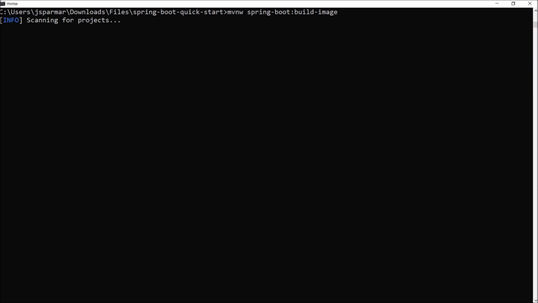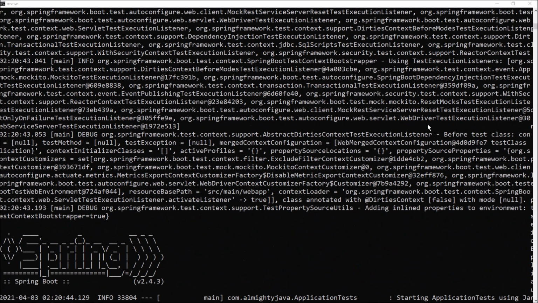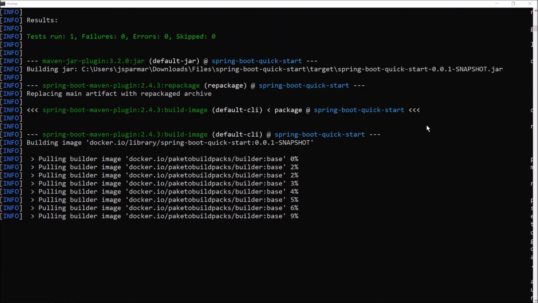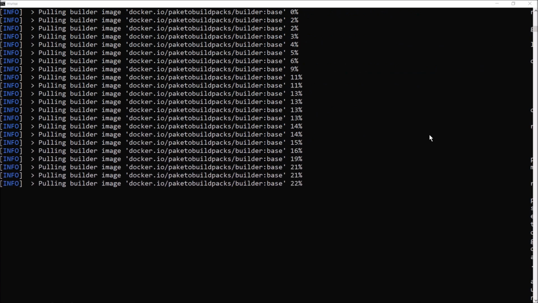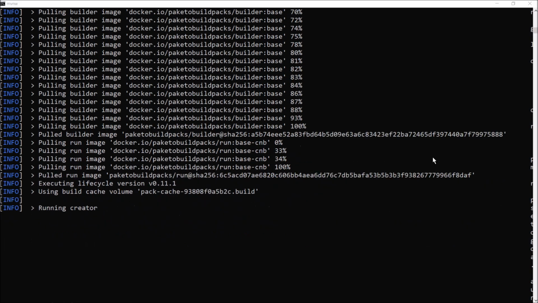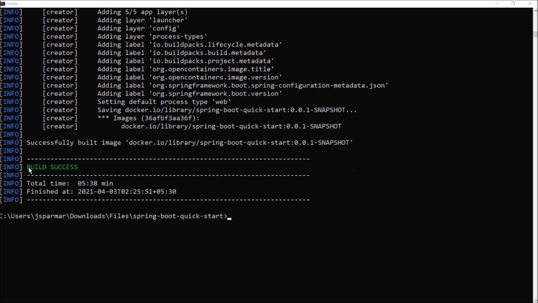See, it is not giving any problem, and execution starts. And build success. Creation of Docker image for our project is completed, and it's automatically added into Docker.